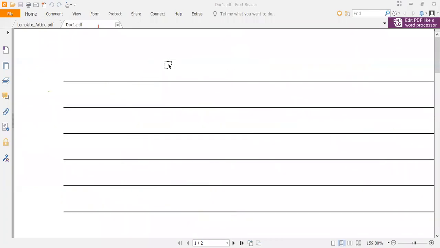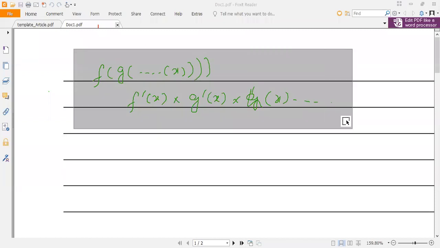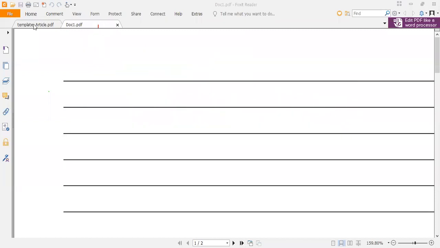So if you have a general composition, f of g of dash dash dash finally x, and you want to compute the differential of this whole function with respect to x, you have to differentiate each of these functions and then multiply by the differentiation of the internal function. So this will be f dash of g multiplied by the differentiation of the internal function, and so on and so forth until you reach the inner function. So that is basically what the chain rule is, and that chain rule is what we are going to use in our back propagation.